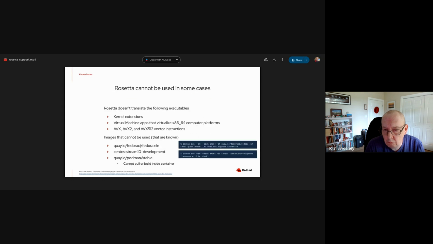Another issue is that some container images cannot start using Rosetta. Certain features are not supported by Rosetta, as detailed in Apple's documentation. Also, there are container images that cannot start with Rosetta. I've provided samples of reported issues, but there may be more. So it might be useful to collect reports on GitHub discussions or other platforms.